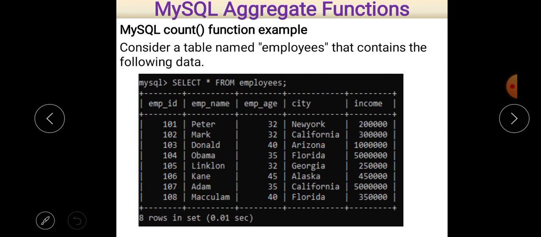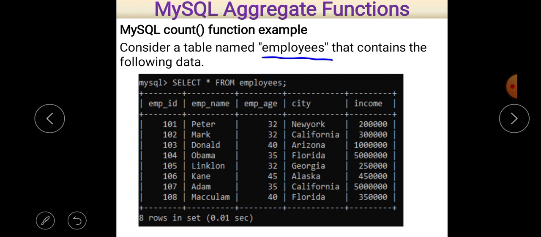Now, there is a small example. Consider the table employees. To understand the concept of count function, at least we should have a table. So we just take a table named employees, and that employee table contains the records as you can see on the screen.